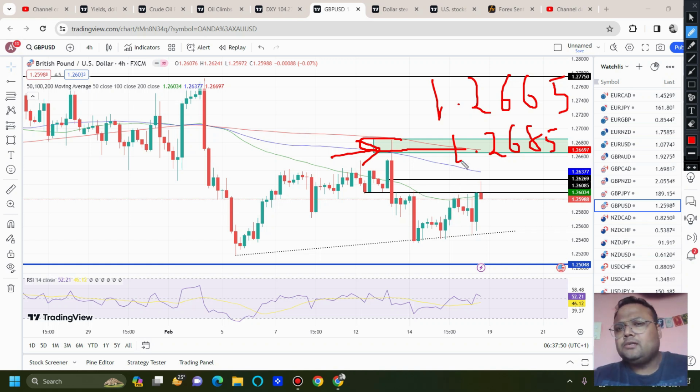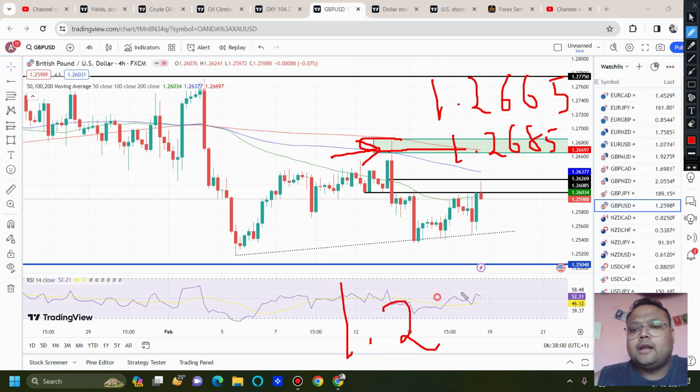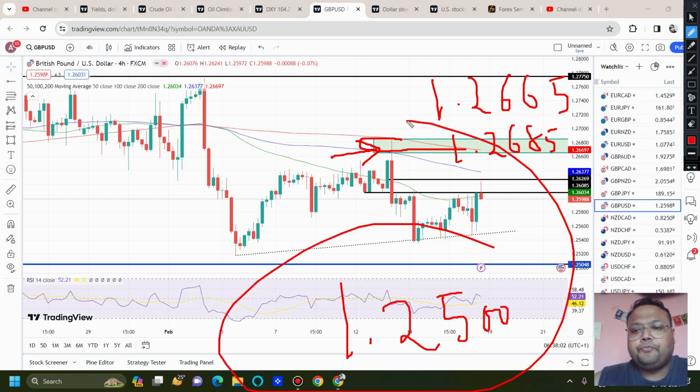So if the market goes up after the market opening, we can look for a sell around this area. On the other hand, if the market drops on Monday, and if the volume is not very high, we can look for a buy around 1.2500, because 1.2500 is